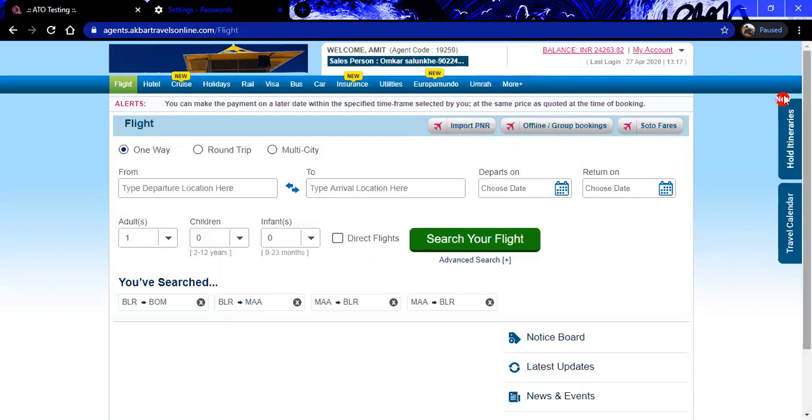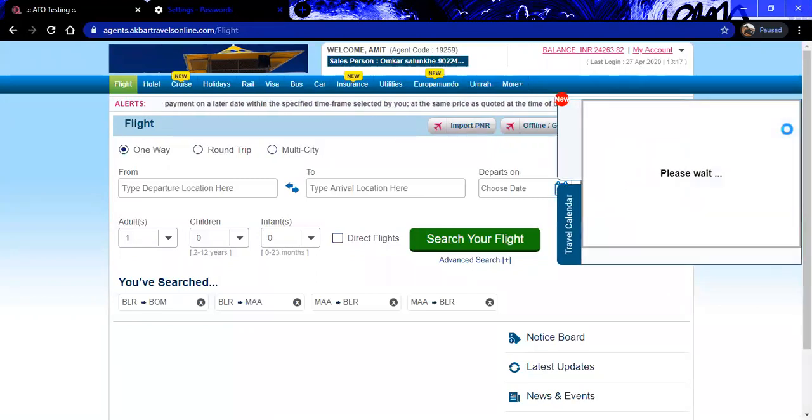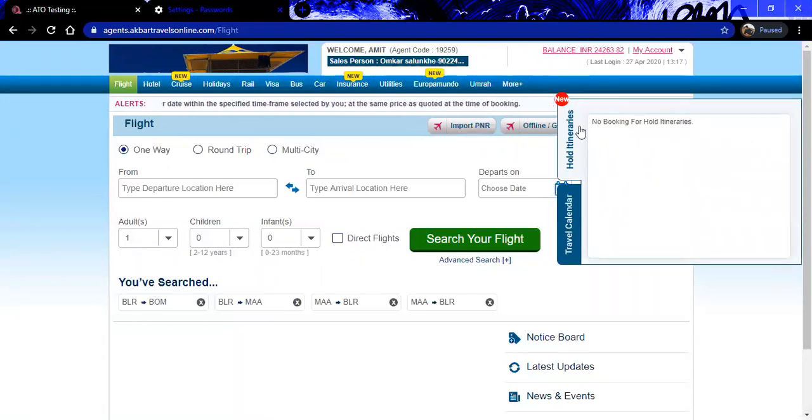You will be able to get the short information displayed in this hold booking itinerary, which is in the right hand corner. Two tabs are there. Once you click on it, it opens and you get the whole booking itineraries here with short details.